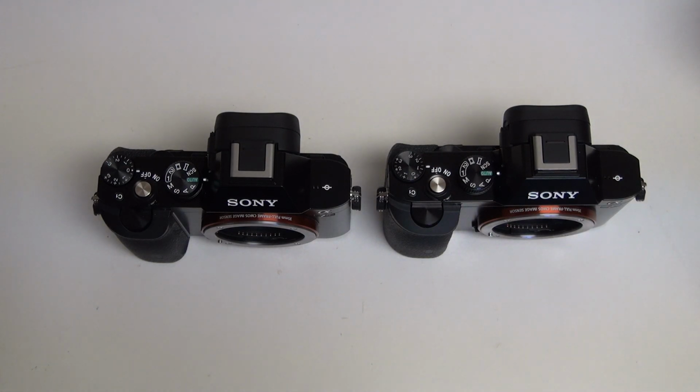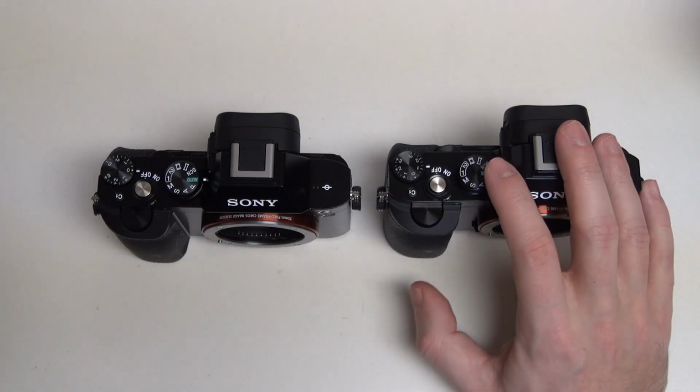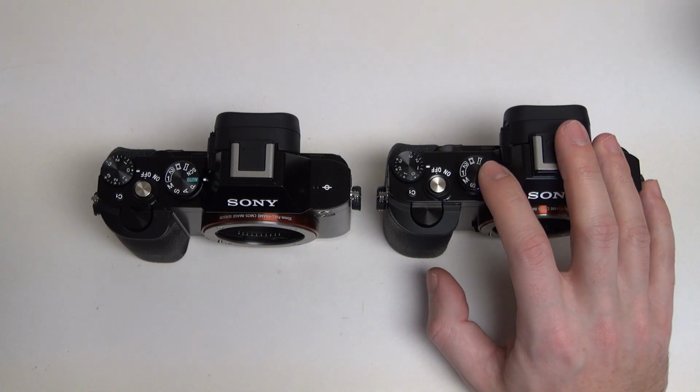And even though that could be said for APS-C sized cameras, like the NEX offerings of yesteryear, the fact was most of you had full frame glass, not necessarily APS-C. And when I say most of you, of course, I'm speaking to people that already have a collection of full frame glass. If you had APS-C glass, then you had a very good fit for APS-C cameras as well. So that flexibility from the APS-C NEX generation has come now in a full frame form with far more advanced features,